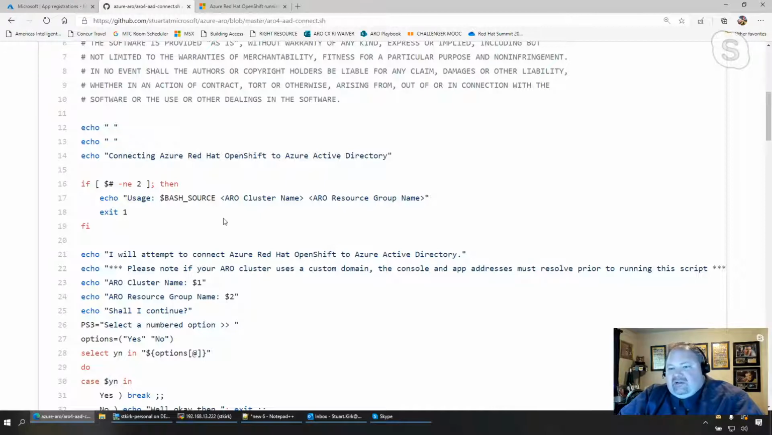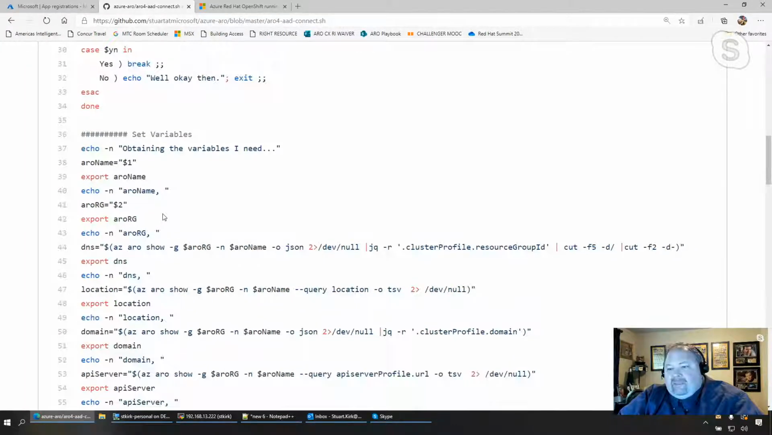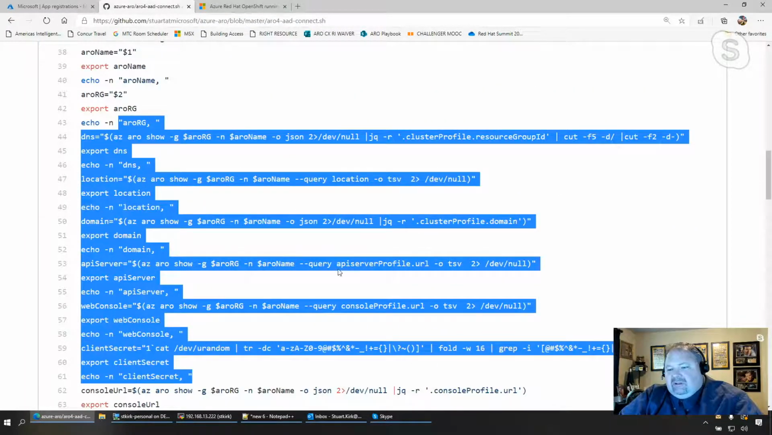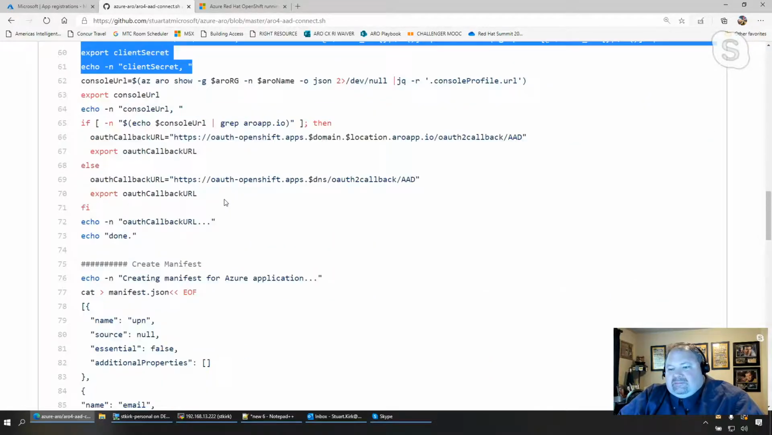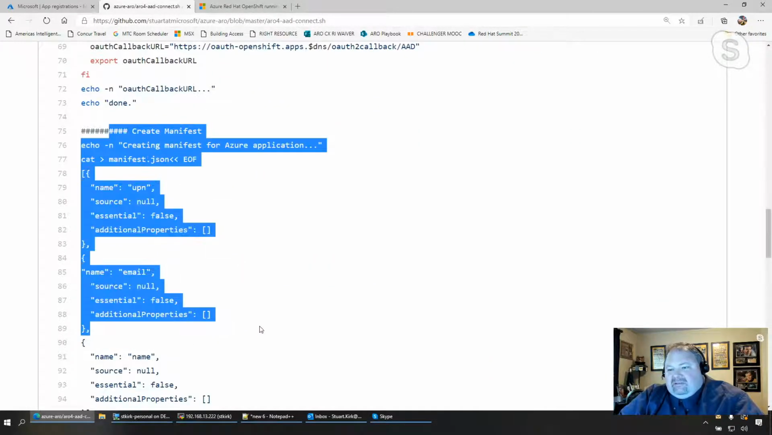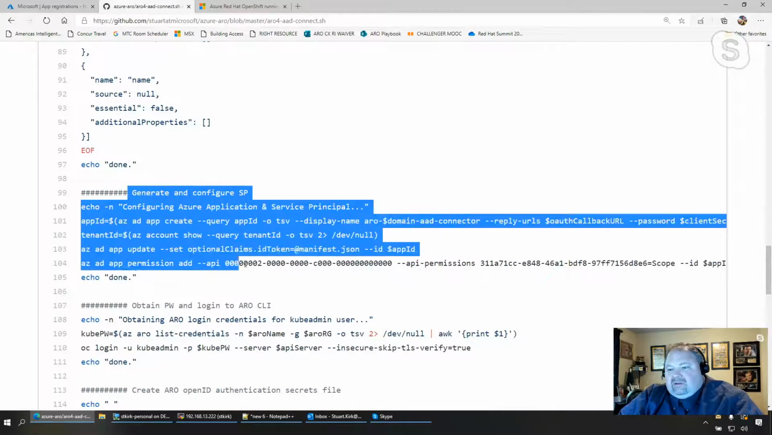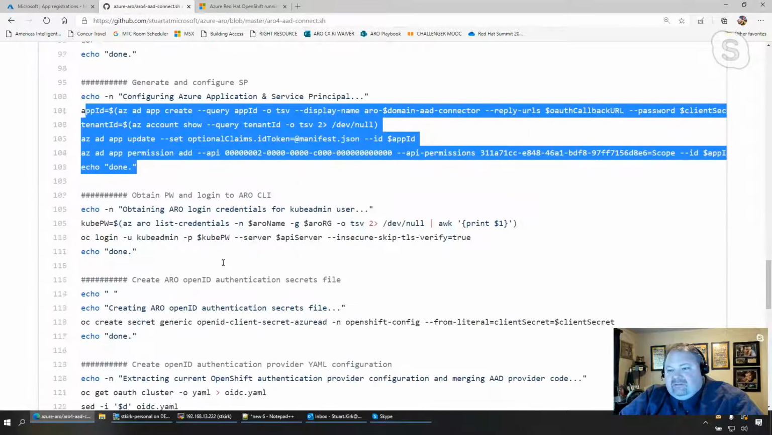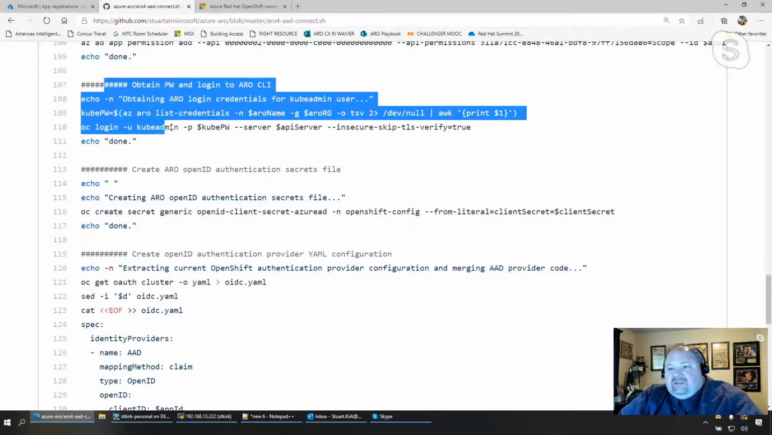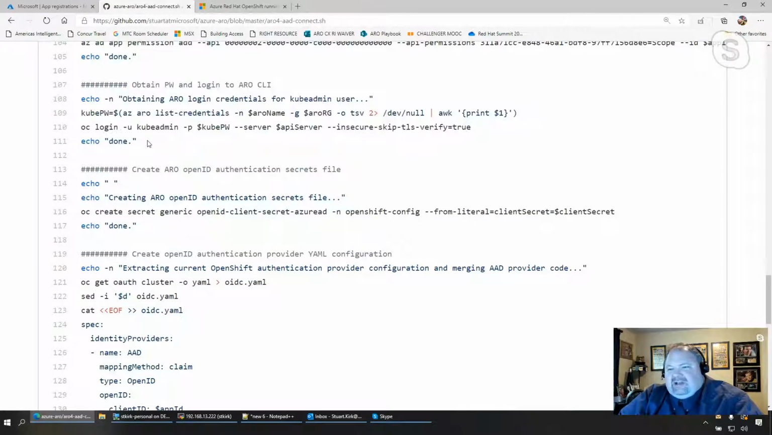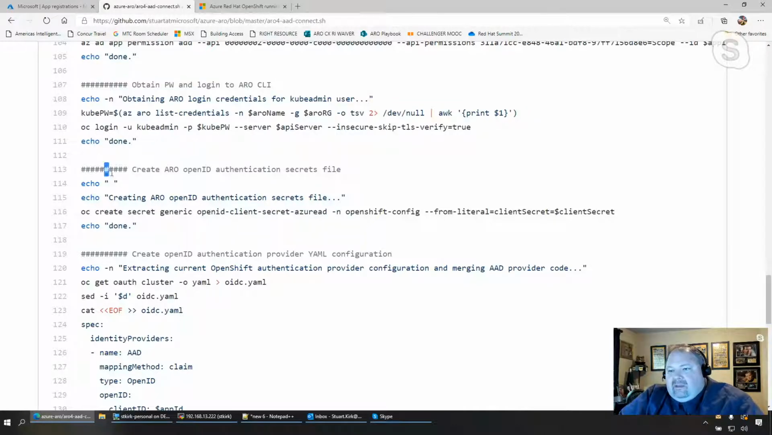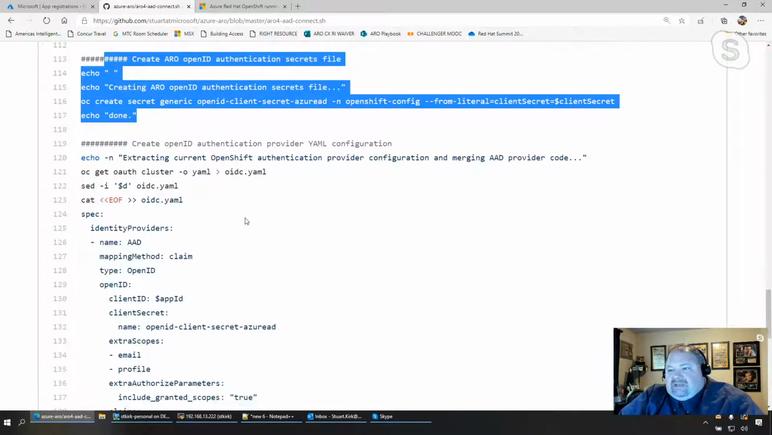So feel free to go in and take the content that you might like. But as you can see here, it expects two inputs, the cluster name and the resource group name, which is what we saw. Lyle, here is all of your callouts for setting those variables, all in here. And then subsequently creating the manifest, creating the service principal and assigning the appropriate permissions to it as required by the documentation. Logging into the OpenShift console through the API. Creating the authentication secrets file,